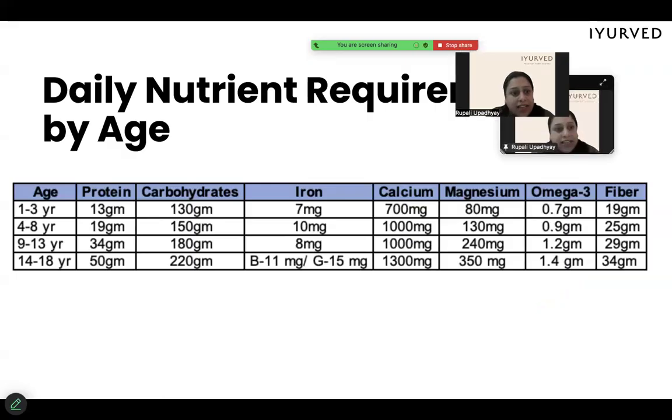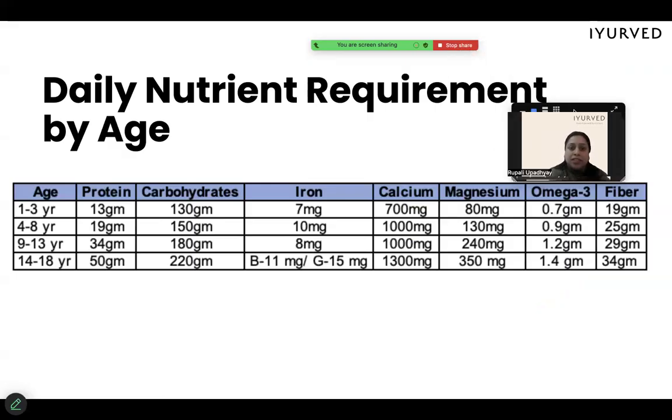ये चार्ट देख के आपको ये समझ में आएगा कि बच्चे की बॉडी को सबसे ज्यादा जरूरत जो होती है वो कैल्शियम की होती है। बाकी सारी चीजें तो आप प्रोवाइड करा दोगे, लेकिन कैल्शियम के लिए आपको एक्स्ट्रा ध्यान देना पड़ेगा कि आप बच्चे की डेली नीड जो है कैल्शियम की वो मीट कर पा रहे हैं या नहीं, जिसके लिए मैं आपको आगे बताऊंगी। नेक्स्ट स्लाइड प्लीज।